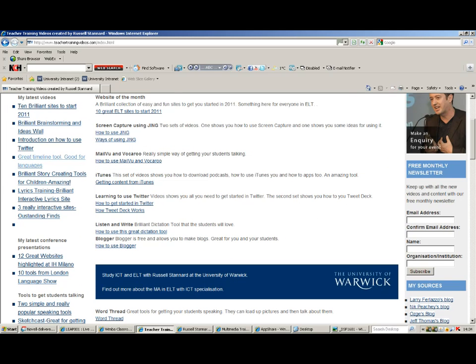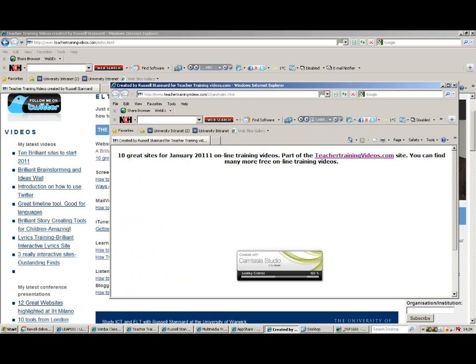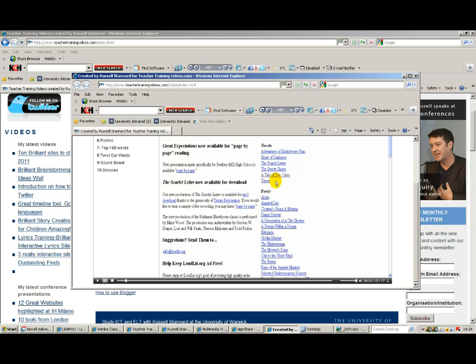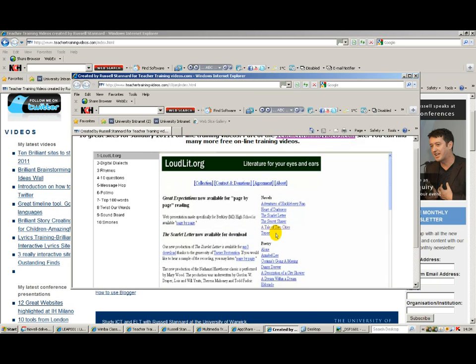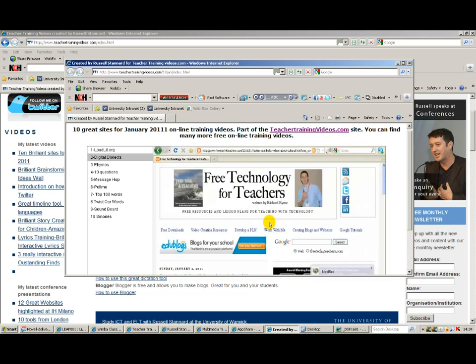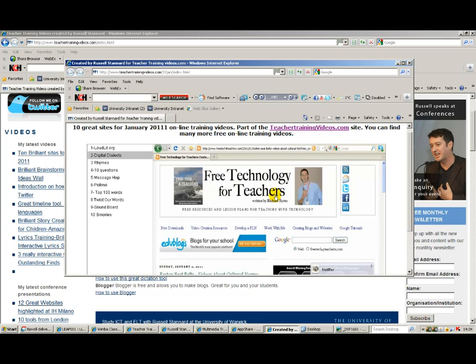For example, this timeline tool. Just out of interest, if I just click here, I'm just going to open up a video here. I won't actually run the video, but you see. The idea here is to show you 10 fabulous. Right, so this is what happens when you open up the website. There is one here called Digital Dialects. That is fabulous, and there is content there for every language. So if you click on that one there. The second website I want to show you, I want to thank Richard. Digital Dialects. If you just follow that little video there, it shows you where Digital Dialects is and some of the content that's on Digital Dialects. Is an absolutely fabulous tool.